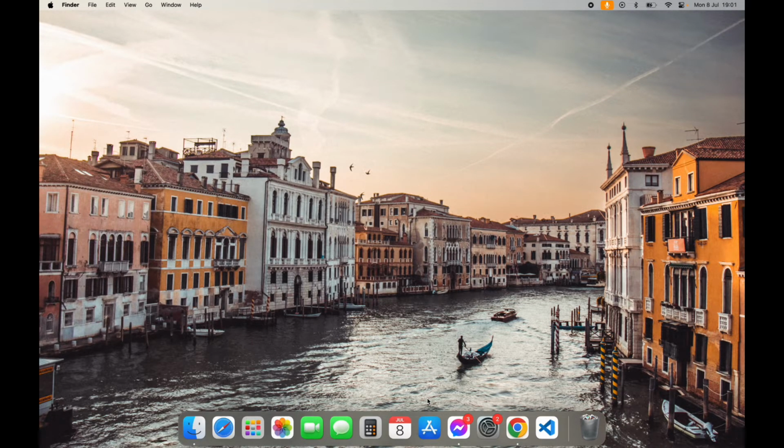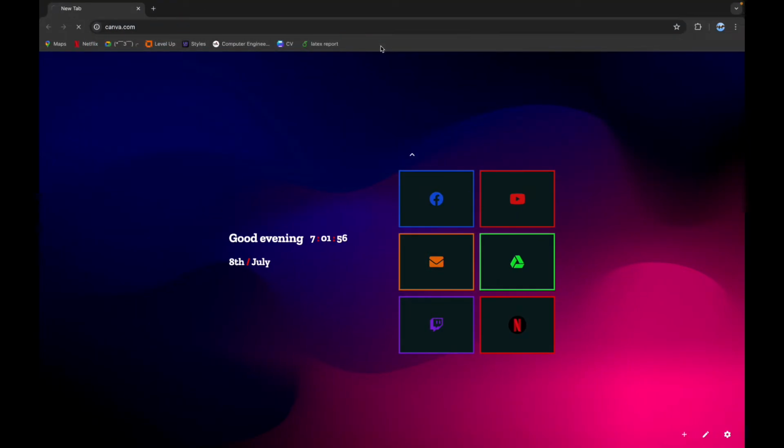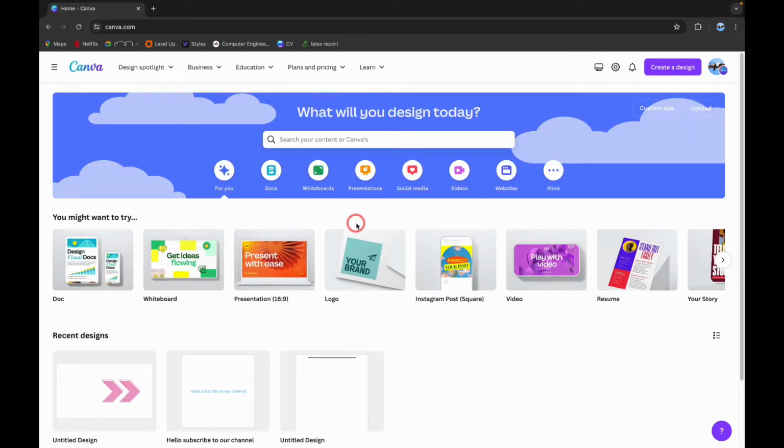In this video, we are going to learn how to change your elements color in Canva. First step is to open your preferred browser. Now on the search bar, type in canva.com and this will lead you to a home page of your Canva